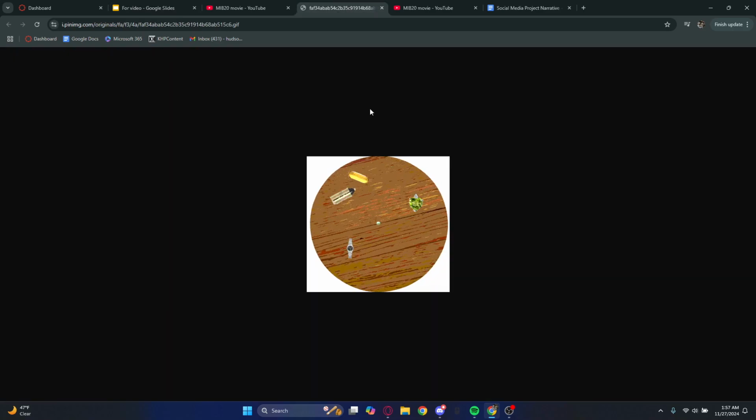Alright, and then that's the end, but I also have one more example of MIB, and this one's more realistic. This is more like a table with a bunch of random items on it, and it is harder for this to activate. However, if you get close enough and just focus on the middle, you'll start to see them almost turning invisible. They won't blink out as fast as the yellow dots, which I find very interesting. Maybe it's harder for larger objects or more colorful objects to disappear from our vision.